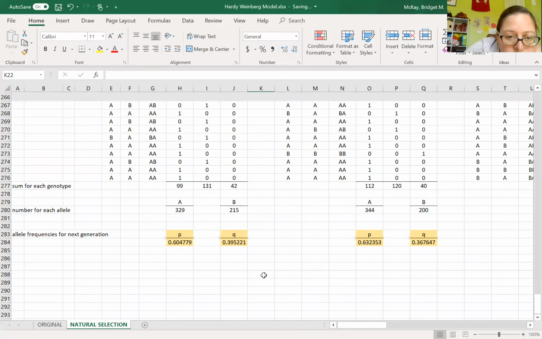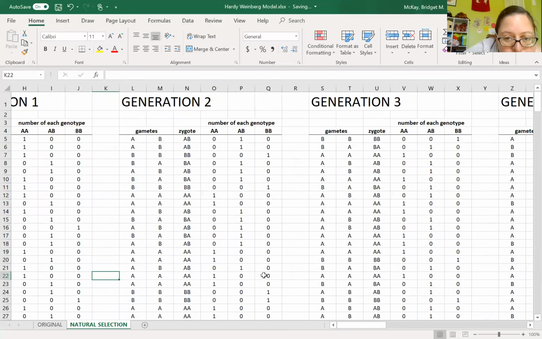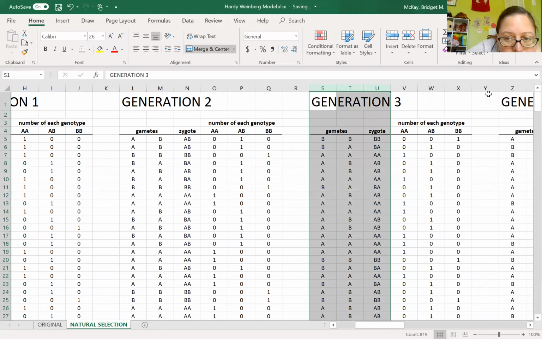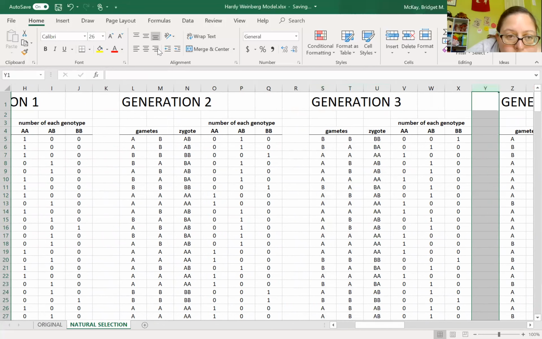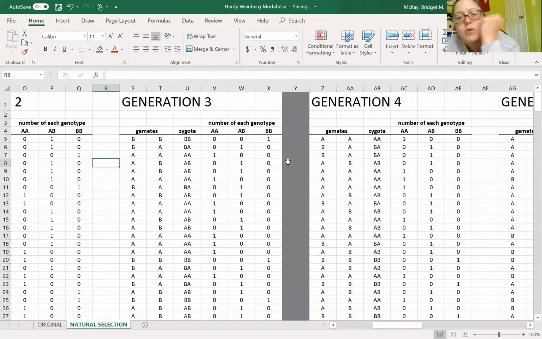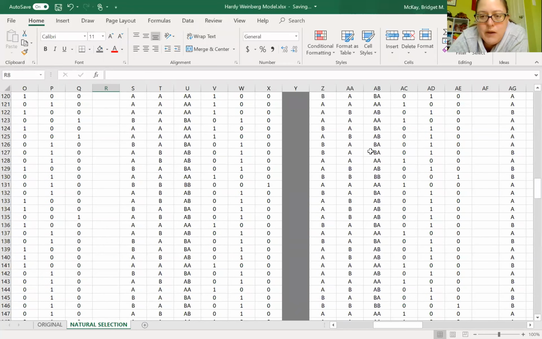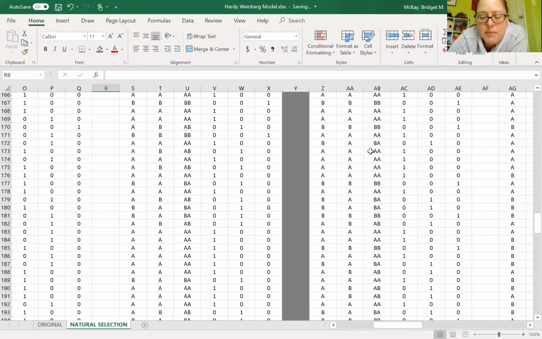Okay, so I'm going to make it so at the 3rd generation, the environment changes. I'm just going to put a highlight in right here. After the 3rd generation, my environment changes, and it changes in such a way that half of my individuals who are homozygous recessive die. Okay, so I'm going to kill off half of them. And the easiest way that I've found to mathematically kill off half of them,